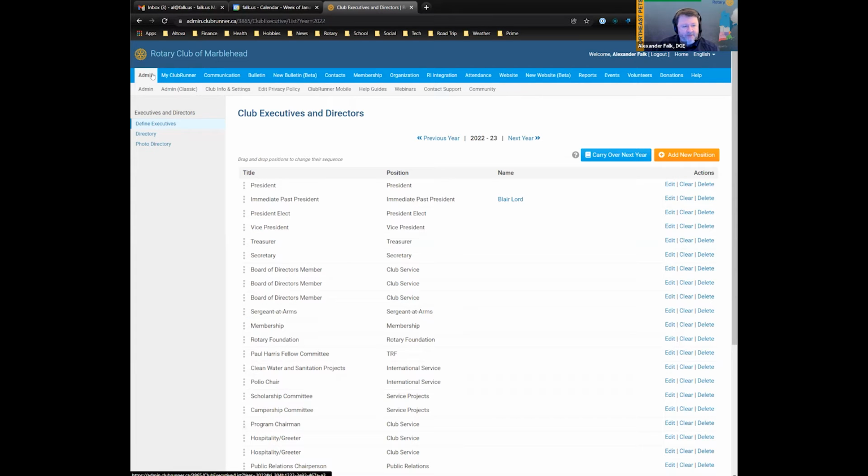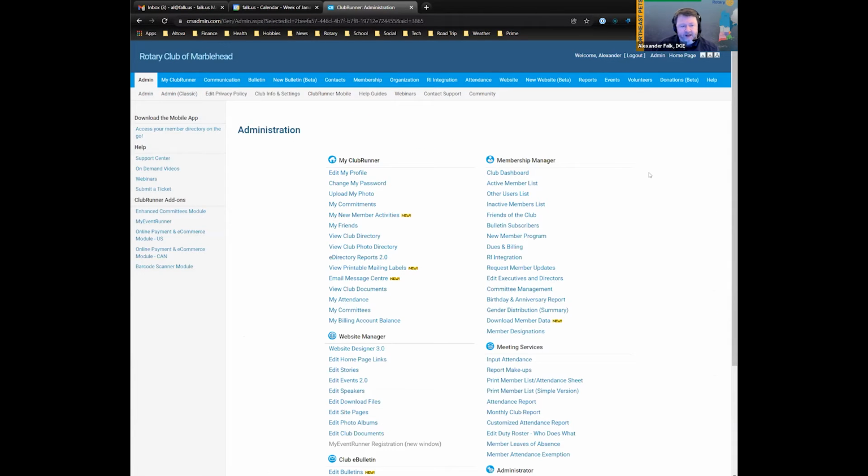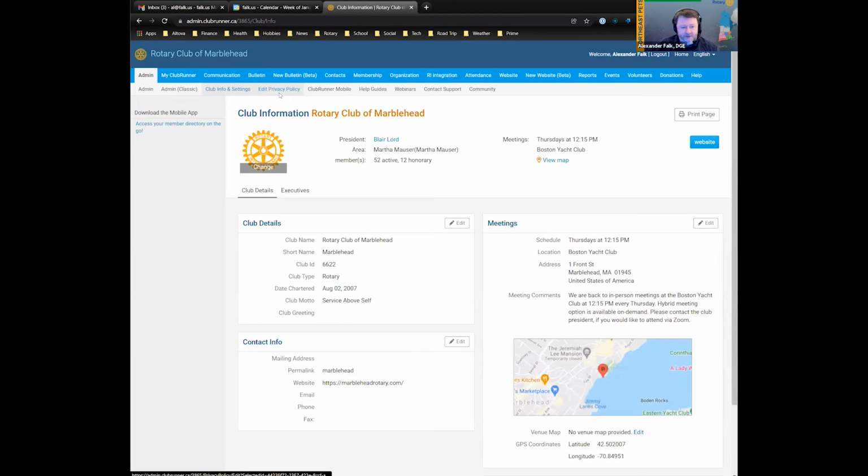I'm going to go back to the admin interface and tell you the second most important question that people ask me all the time. And that is, where can I change my club information, the meeting place, the meeting hours, whether or not it's online or not. And that is very cleverly hidden up here in the menu. It's under Club Info and Settings. So if you are in the admin tab and then go to Club Info and Settings, that is where you get to enter